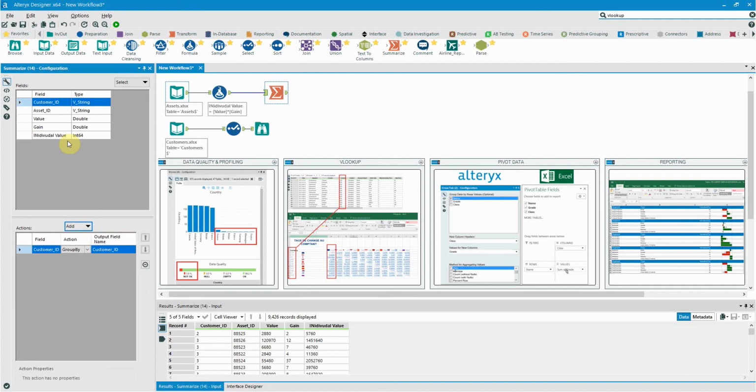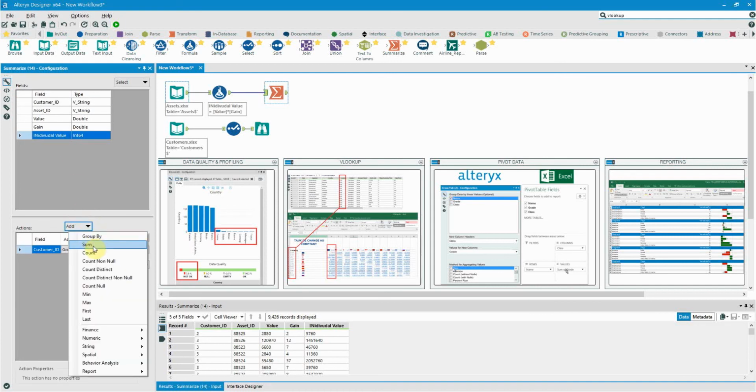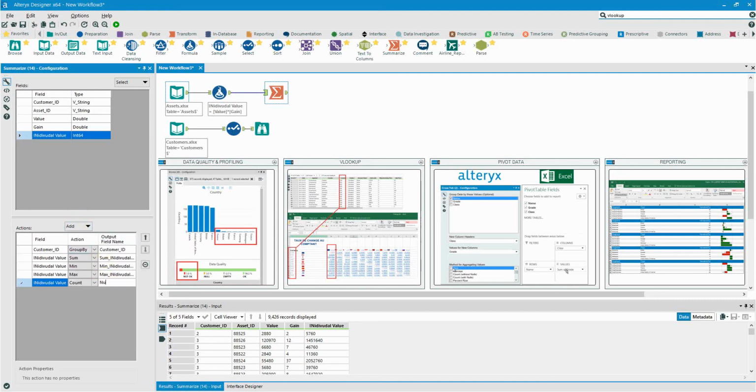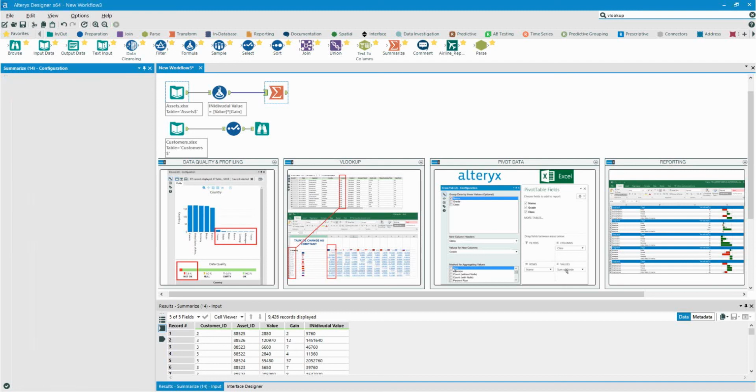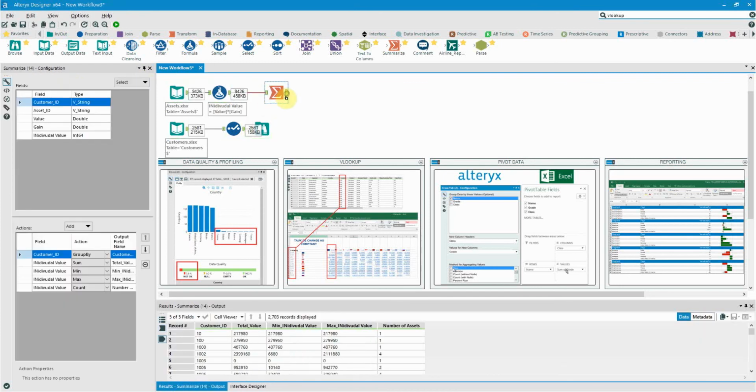We can group by our customer ID, and we can come to our individual value and do numerical operations such as sums, minimum, maximum, as well as counts to help us identify essentially the number of assets for this individual, the minimum and maximum value they have, as well as the total value. So again, once we run the workflow, we're now able to see a unique list for each of our customers